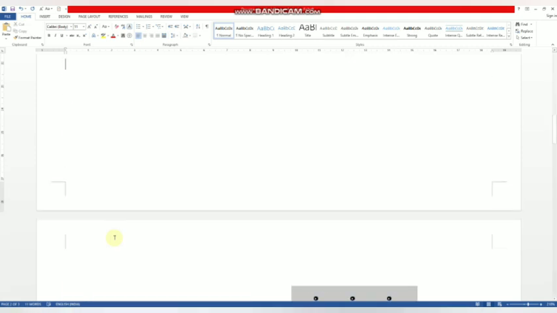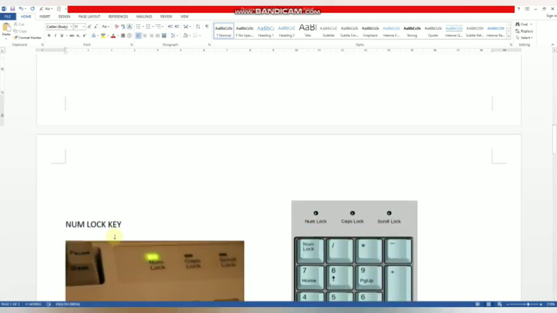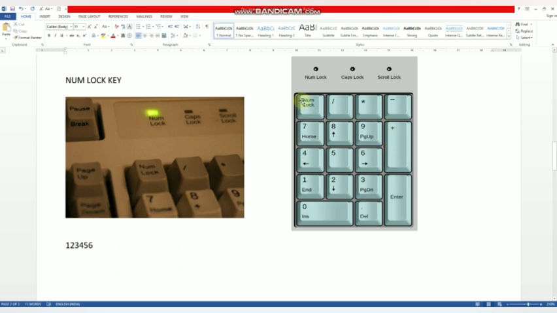I press 7, 8, 9, but I cannot write the numbers with the help of this keypad. So to write numbers with this keypad, the num lock key should be on. Now again I press the num lock key, and see now, 7, 8, 9, I can use this keypad if the num lock key is on.